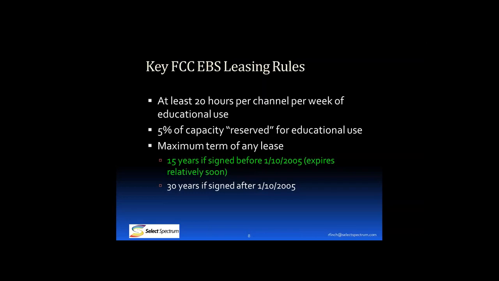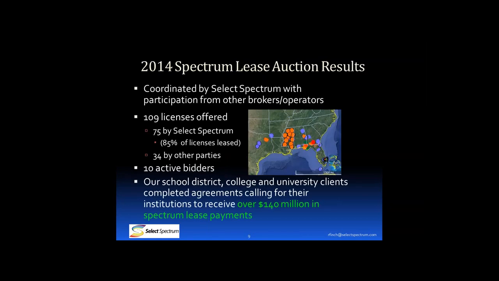And in fact, since it has only a 15-year term, if it was signed in 2000, it would be expiring this year at the latest. It could be shorter than that, but that would be the latest. If it was signed in 2004, it would be expiring in 2019, and you can kind of do the arithmetic for those in between. So that's a significant number of licenses that are coming up for auction, or where there's the possibility of getting a new lessee to occupy the bandwidth. No requirement, but it's a possibility.